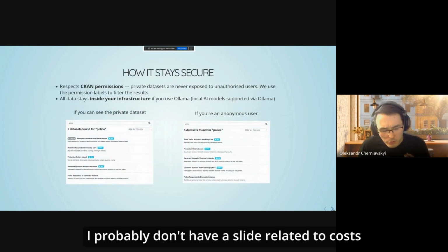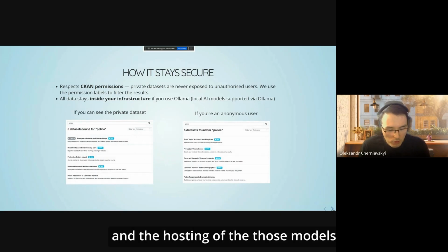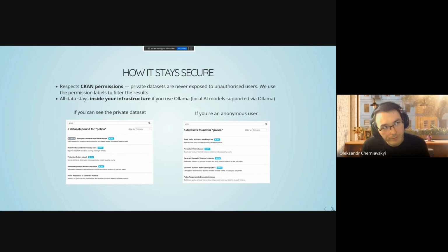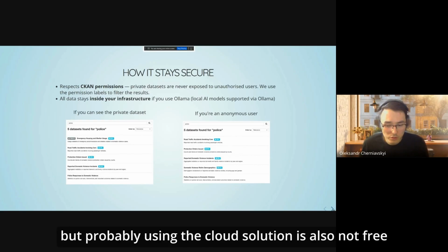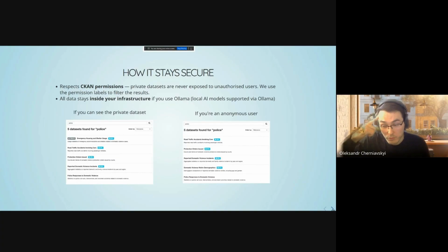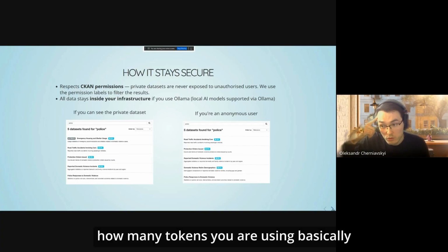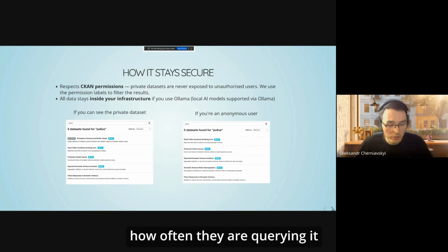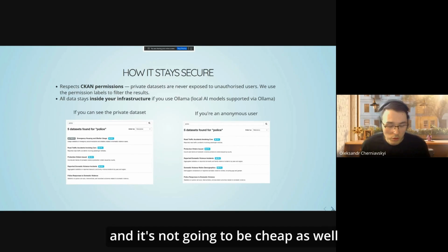I probably don't have a slide related to costs and the hosting of those models. I have to say that it might be a bit expensive, but using a cloud solution is also not free, and it costs you some money. It's based on how many tokens you are using, basically how much the model generates for your user and how often they are querying it, and it's not going to be cheap either.